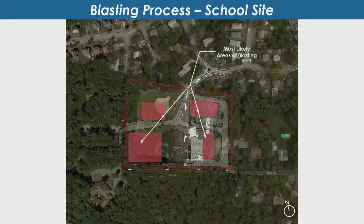So we highlighted those 4 areas. Those boxes are probably a lot bigger than the ledge that we're actually talking about taking down, but those are the areas that were identified. We've done some test pits on that, and I think we're actually going to be scheduling a few more test pits in the near future, trying to really zone in on that and make sure we have that understanding. But those are the areas that we're looking at ledge removal, and that removal can be blasting,